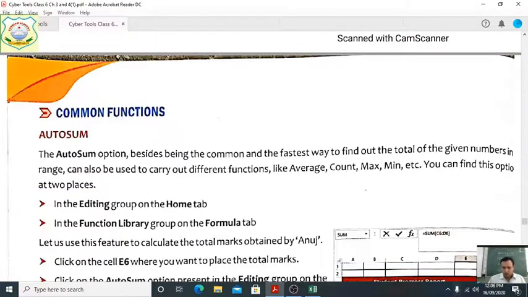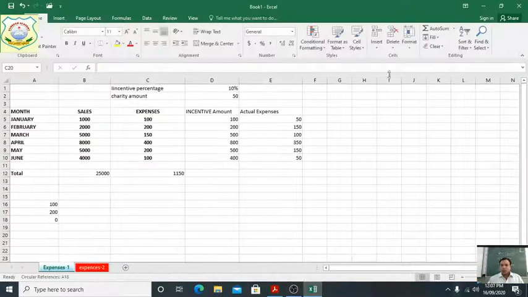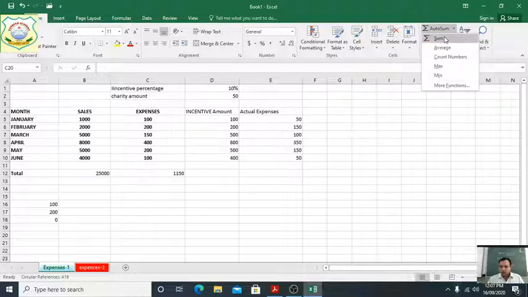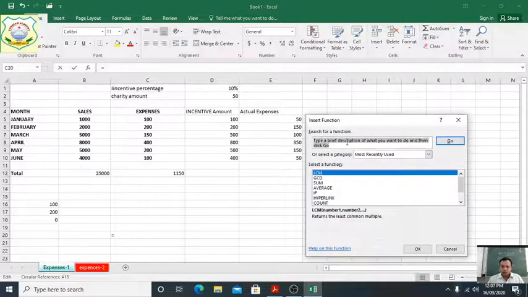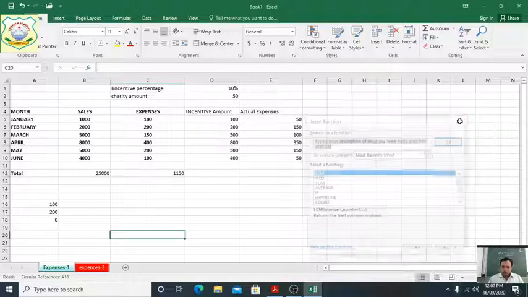Next one is a common function. What common function are we using? Where do we get the auto sum function? You can see, students, the auto sum function is given on the Home tab. In the Home tab, many ribbon groups are given: clipboard, font, alignment, number, styles, cells, editing. In the editing group, the auto sum option is given. From the auto sum option, many options are given: sum, average, count numbers, max function, min function, and moreover more functions are also given here. Count, GCD, LCM, these options are all given. So you can use these.